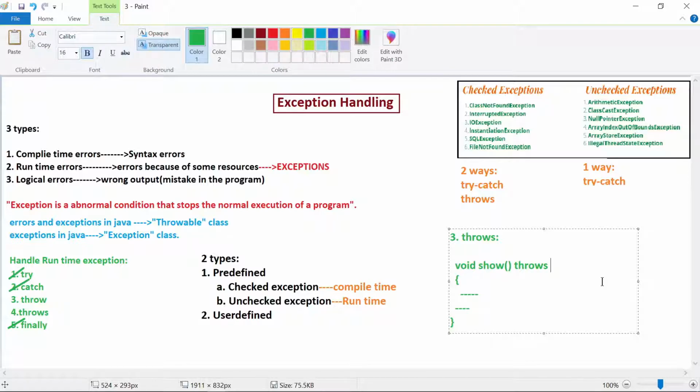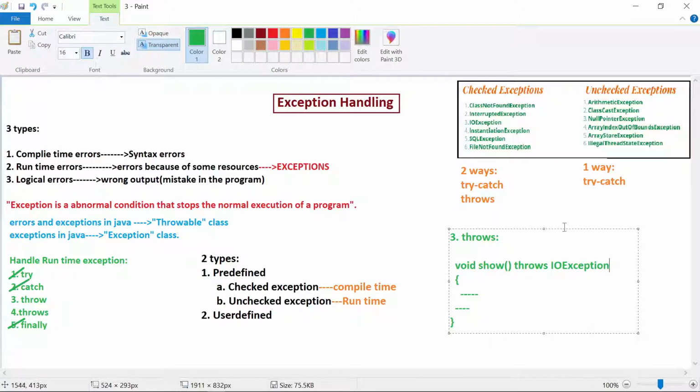Let us consider it raises arithmetic exception, then sorry, we should not write arithmetic exception. Why? Because arithmetic exception is under unchecked exception. You should not write arithmetic exception, right? So we need to write any one of these checked exceptions. Let us take IO exception, then you need to write IO exception.